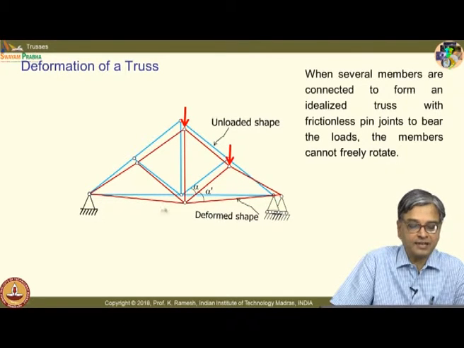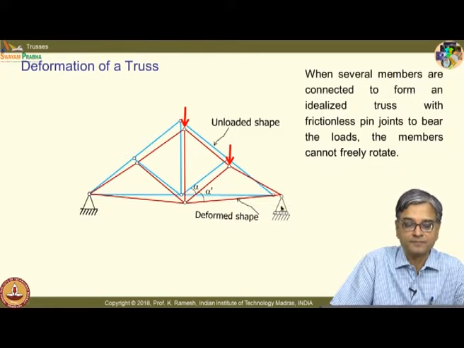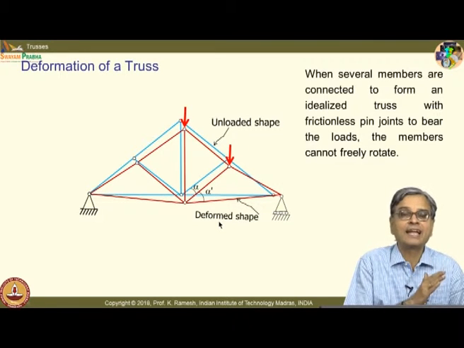It is drawn in an exaggerated fashion. What you find here is, on one side I have a pin joint, on another side I have a roller support, and I want you to observe that there is a provision for this to move horizontally. That is why you need to have a roller support here, and the members get deformed like this. Whatever the original angle alpha between the members, in principle it can change slightly.